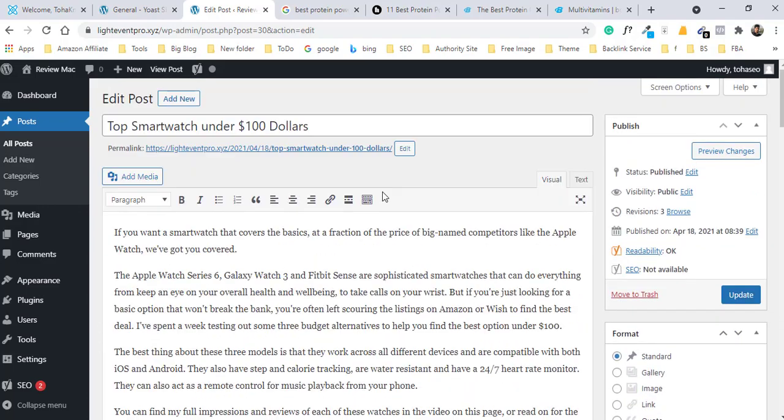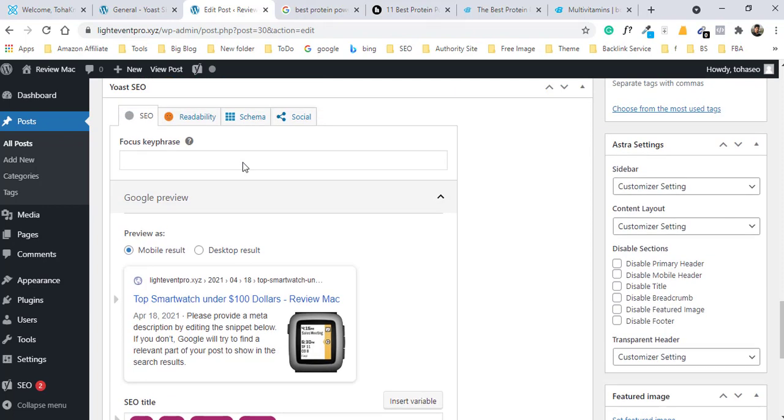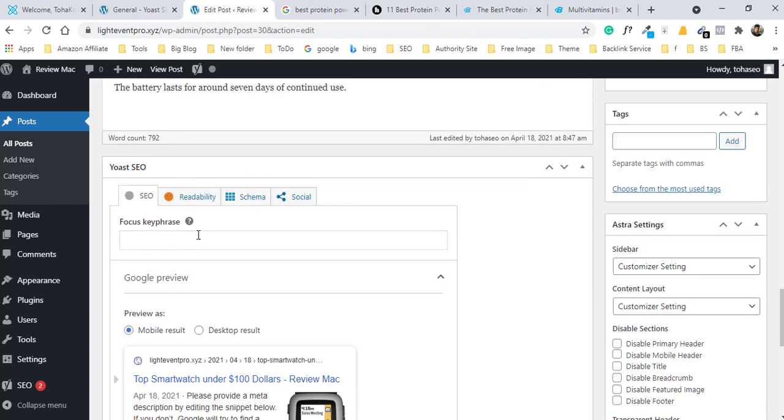This is a post for top smartwatch under $100, but I want to change the keyword. I want to rank for best smartwatch under 100. So I put it as the focus keyword. You can add your focus keyword here, and when you put in your focus keyword, this tool suggests what you should do.